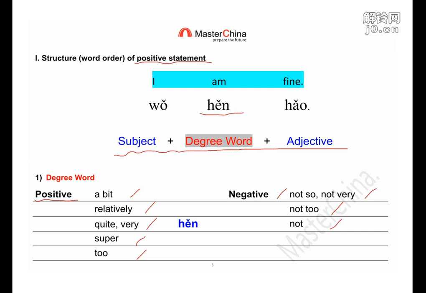So you can see how important those degree words are, right? Same for the negative part. If people just say negative part, they use completely not, or not too much. You can see this degree. I want to deny something totally, or I just agree a part of it, or I disagree with another part. So you can see people use different degree words. That's why I said this expression language reflects people's logic.